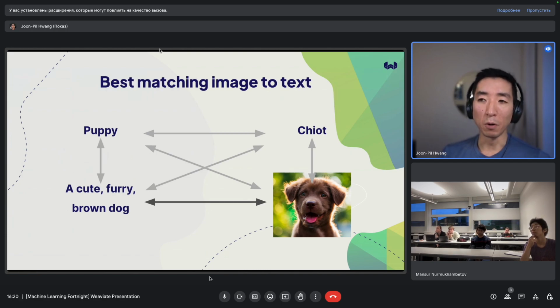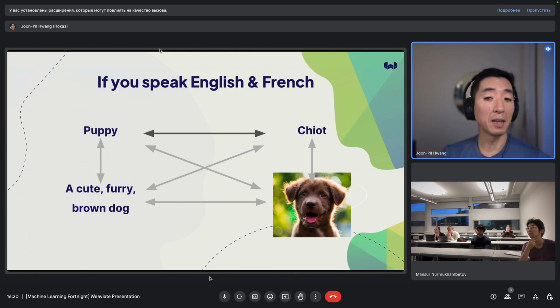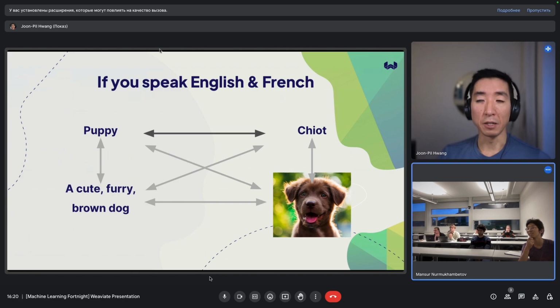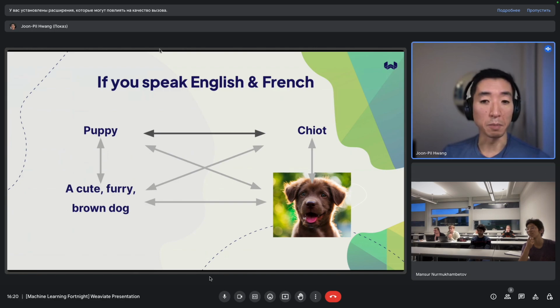Well, if you're looking for something that best matches an image, you would say that the description on the left, which is a cute furry brown dog, is the most descriptive, text that matches the image. If you're bilingual, as I'm sure many of you speak French, puppy and chat is the closest matching pair because they are literally synonyms. But of course, if you don't speak French, that probably doesn't mean much to you.